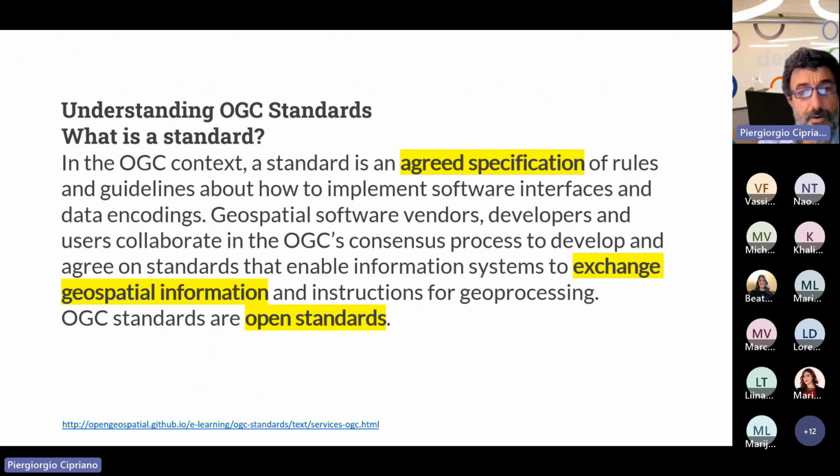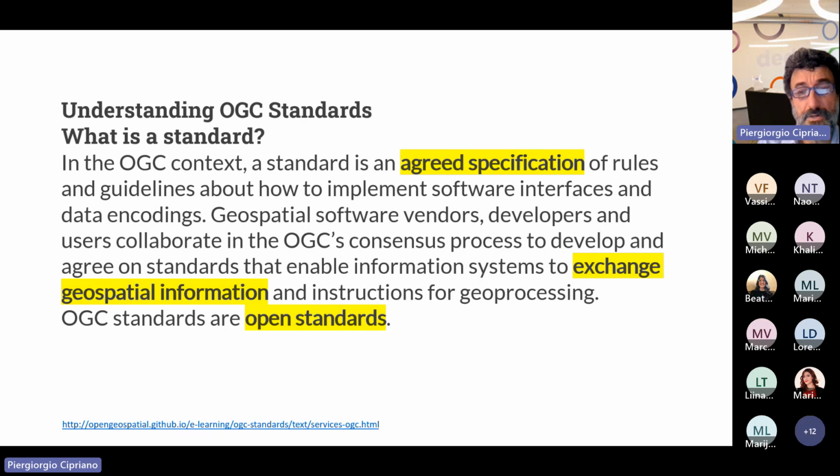As OGC is publishing open standards, first of all, let's better understand what a standard is in the perspective of OGC. First, it is an agreed specification of rules and technical guidelines for implementing software interfaces and also data formats or data encodings in order to increase and improve the interoperability of such data.